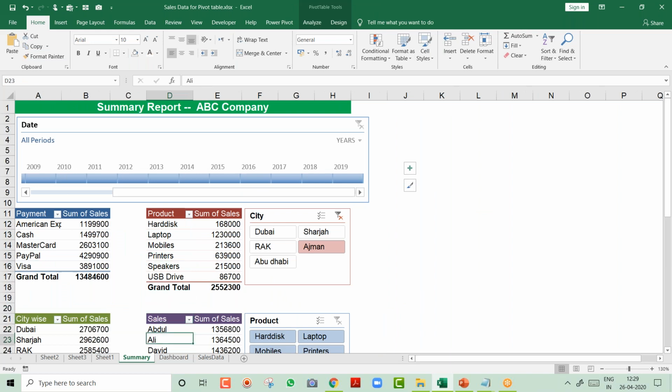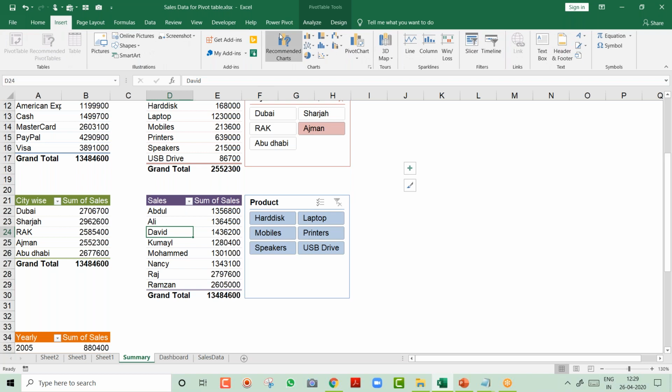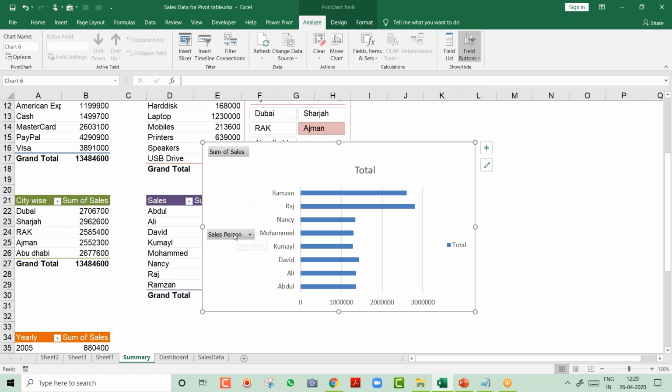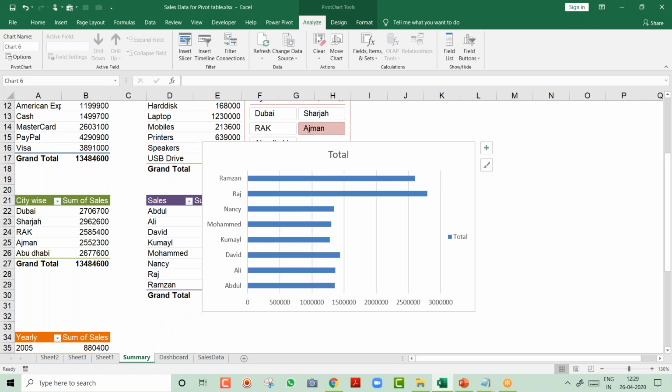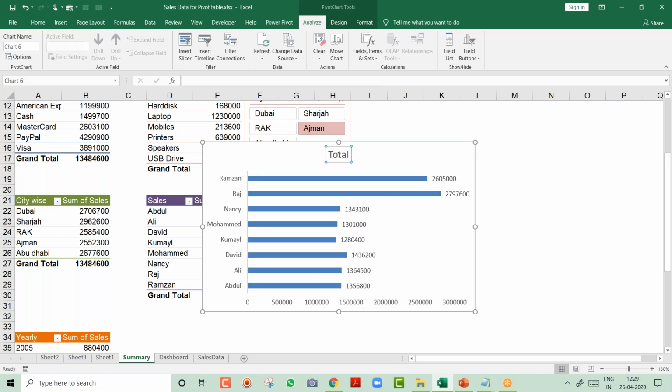Again, I will come over here and let's say, for example, I wanted to add a bar chart. Here you don't see the bar chart. You have to click on this corner, go to the bar, and select any of the bar charts. Again, right click, I say hide all. I click on it, delete. I click on it, delete. You can create templates also for the charts. I right click, add a data label, and this is my, for example, person wise.